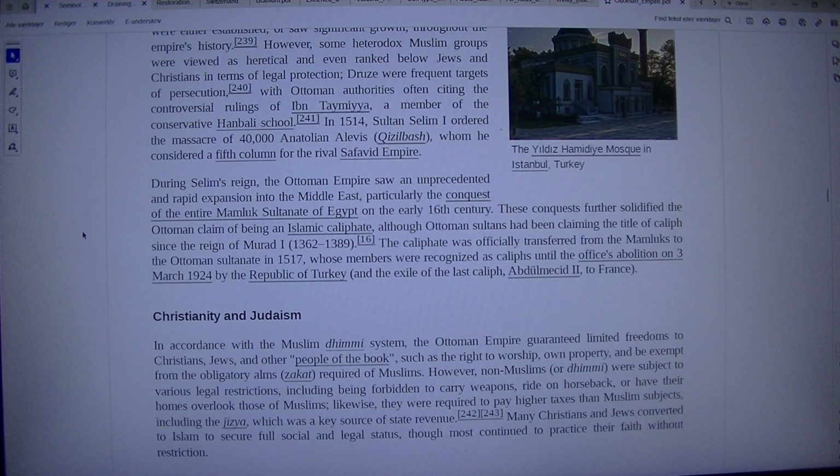These conquests further solidified the Ottoman claim of being an Islamic caliphate, although Ottoman sultans had been claiming the title of caliph since the reign of Murat